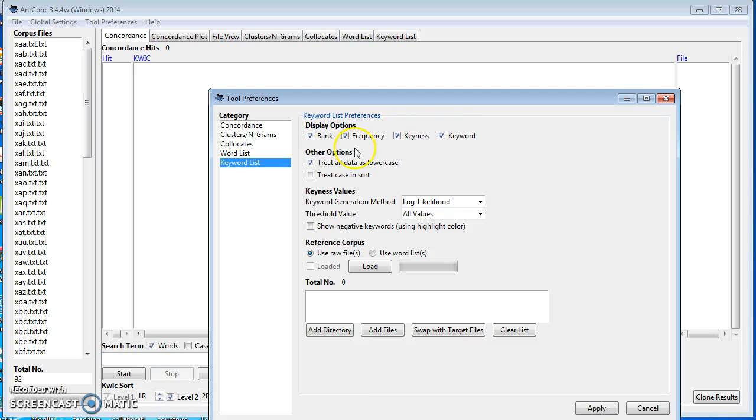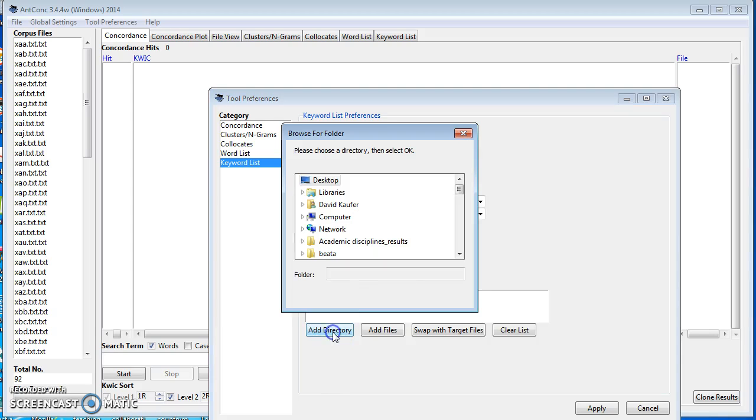We keep these things checked. The display options, the log likelihood is fine, all values is fine. The big thing is we're going to add in a reference corpus called the Brown-Frown corpus, which is 1,000 files of general English. To do that, we're going to add the directory. And you should have on your hard drive downloaded from Classroom Salon or Canvas